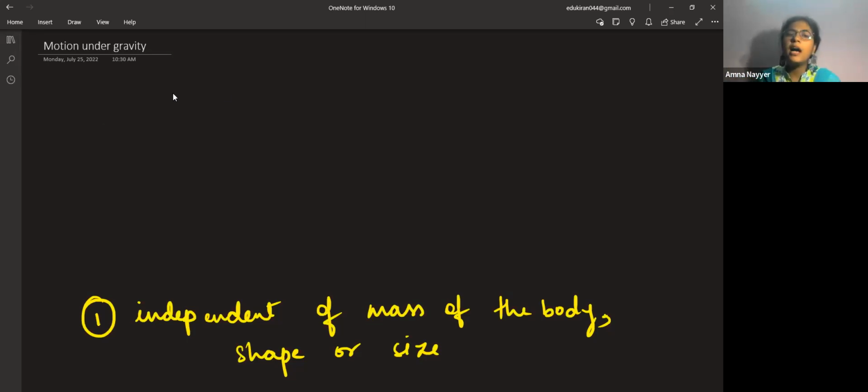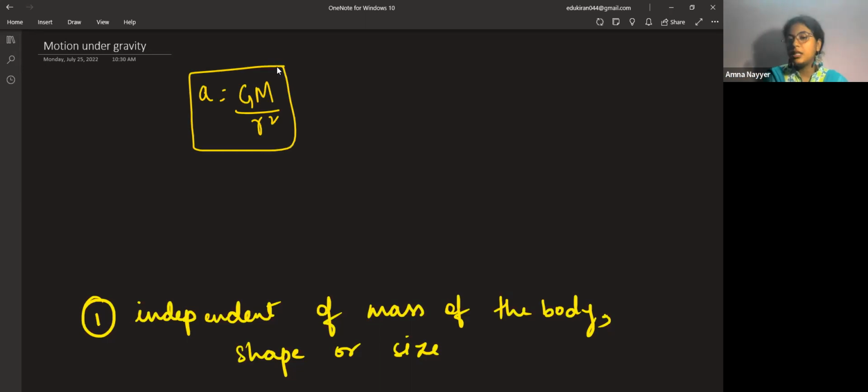You have a formula, you have a separate lesson. When we end the first book, there is one lesson, gravitation. So you have this formula, capital G into capital M divided by R square. All those who have studied dimension analysis, you also had studied recently, there we studied about the gravitational constant, universal gravitational constant. So the same gravitational constant is there, mass of Earth is there, radius of Earth is there. This is what we call acceleration due to